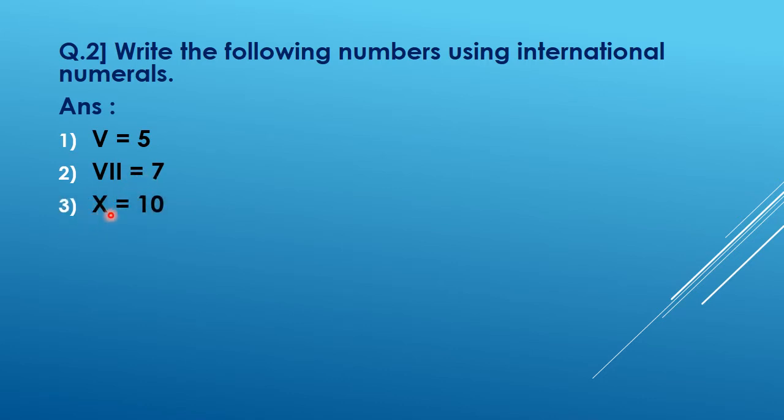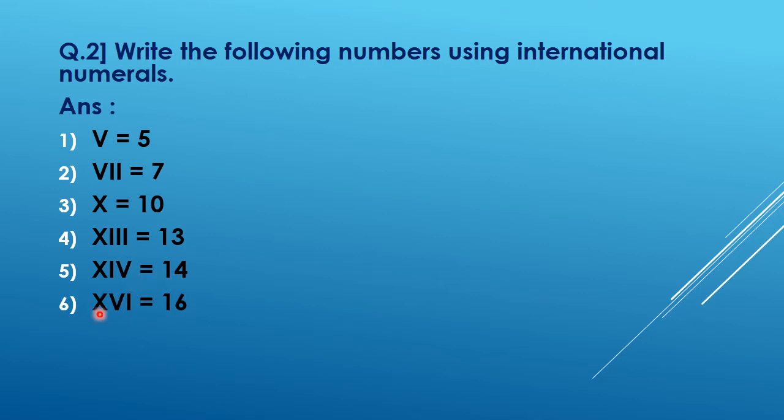Third example, X stands for 10, as is known to you children, and XIII means X plus 1 plus 1 plus 1, that is 3. So 10 plus 3 is equal to 13. Fifth example, XIV. X stands for 10 and this I is to the left hand side of the V. V stands for 5. So 5 minus 1 is 4. Therefore 10 plus 4 is equal to 14.